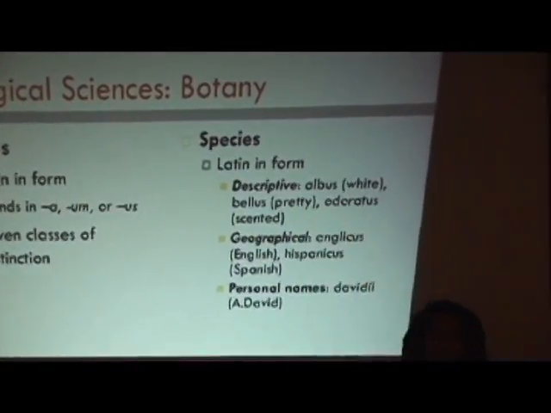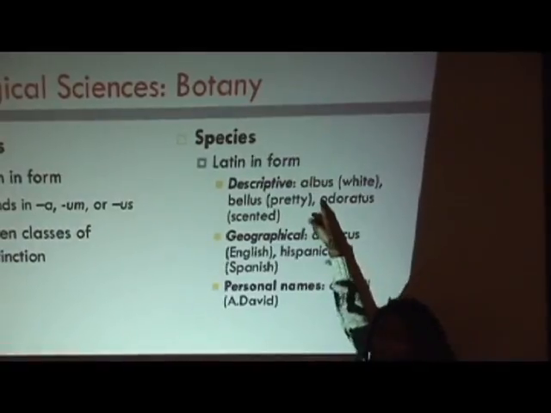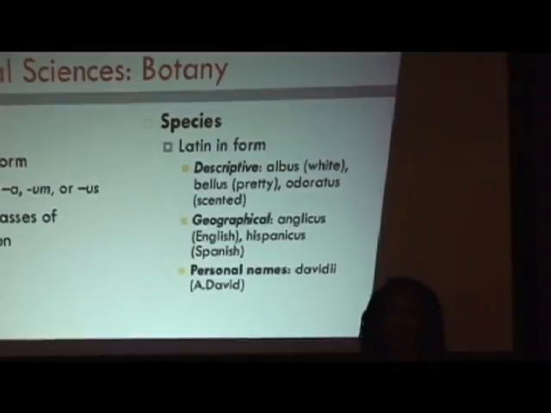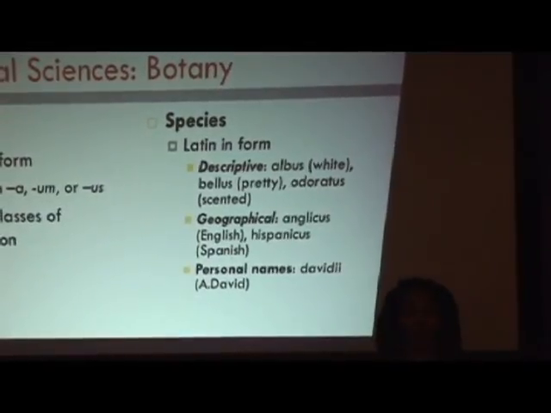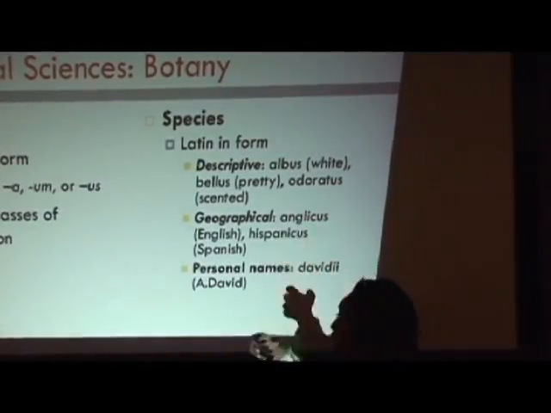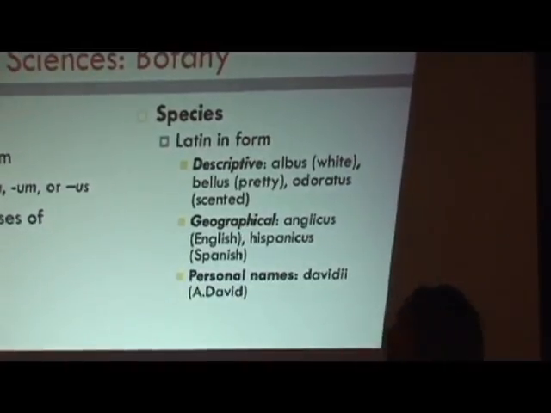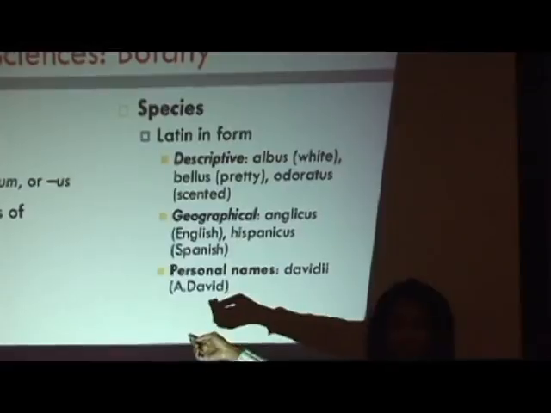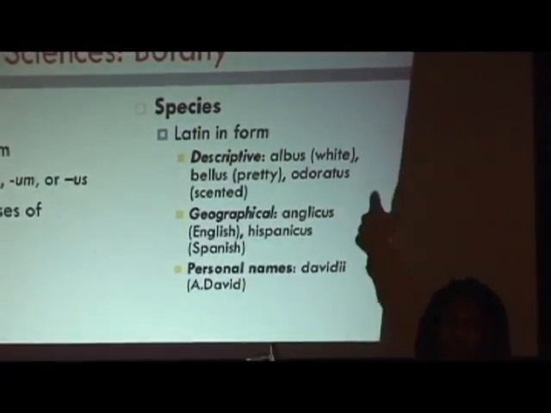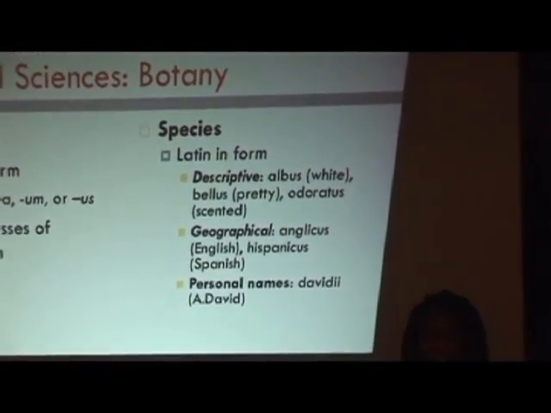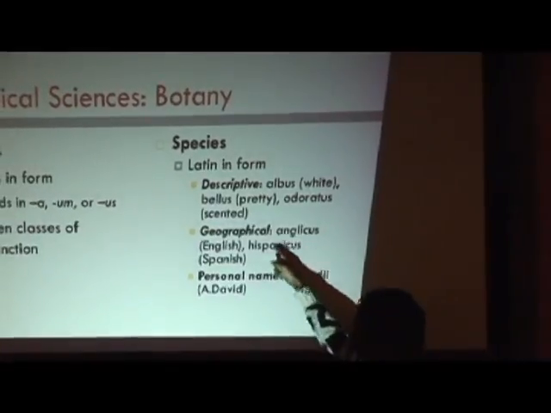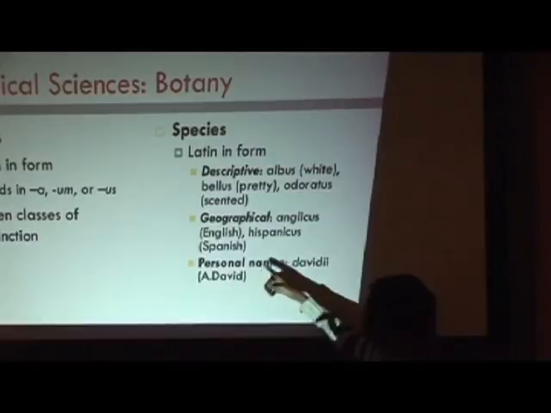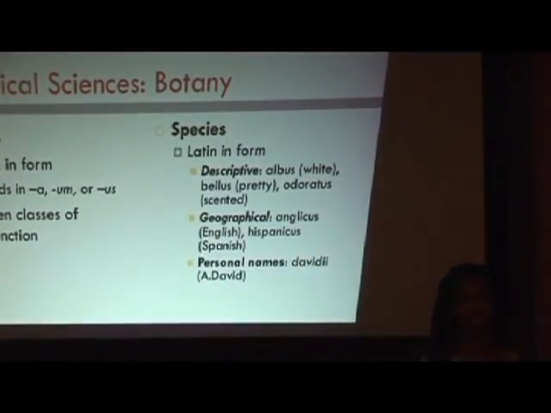say I had a white rose. It would be called Rosa albus. If I had a rose that was just considered the most beautiful of all roses, it would be Rosa bellis, because bellis is Latin for pretty or beautiful. You also have geographical species, species that are named based on where they have been found. So Anglicus refers to English, Hispanicus refers to Spanish, and then you have personal names based on somebody who may